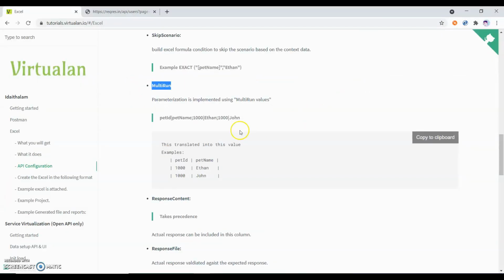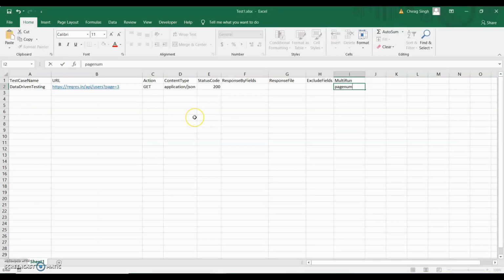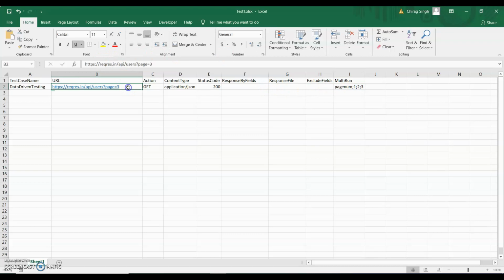Then I pass a semicolon-separated list, 1, 2, 3, because I need to validate three pages and repeat my test. Here, page num goes into the URL, so I just modify my URL in this way. What it will do is pass 1 under this URL, 2 under this, and 3 under this URL. This way we can parameterize our test cases.